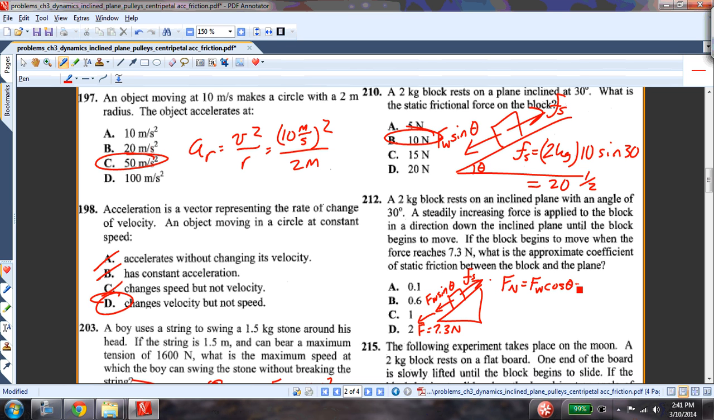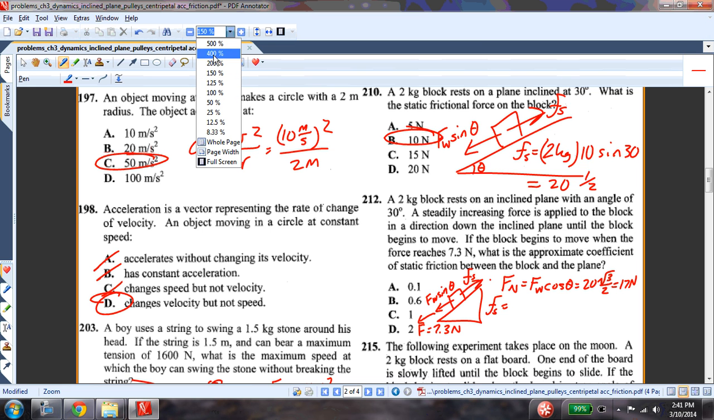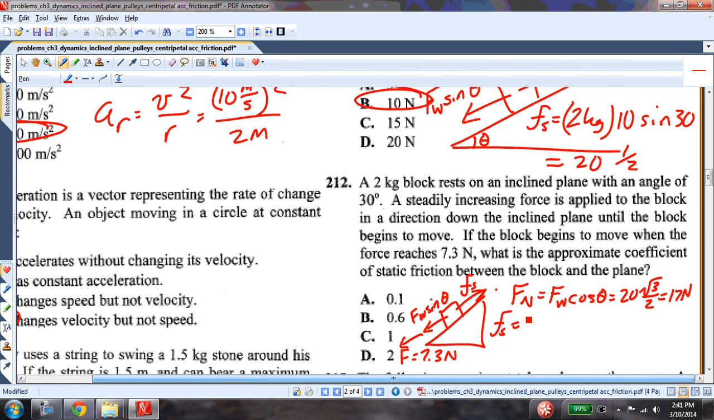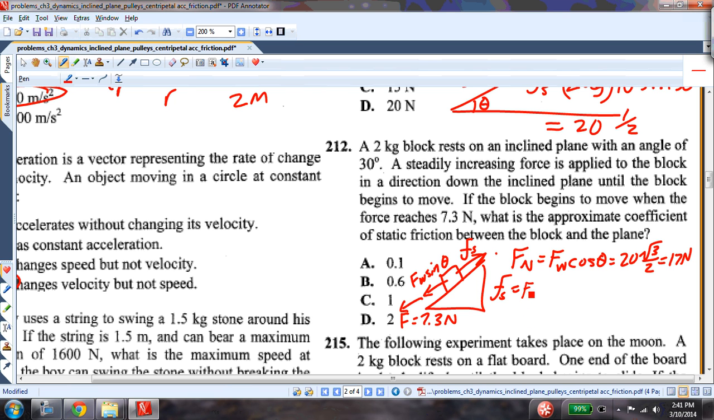Let's go ahead and put a value in here. The normal force then is going to be 20 times the cosine of 30, 20 times root 3 over 2, which is 10 times root 3, or 17 newtons. So that's my normal force. Okay. So I'm going to say that Fs equals to, let me blow this up a little bit so we can see it better. Fs is equal to Fw sine theta plus,